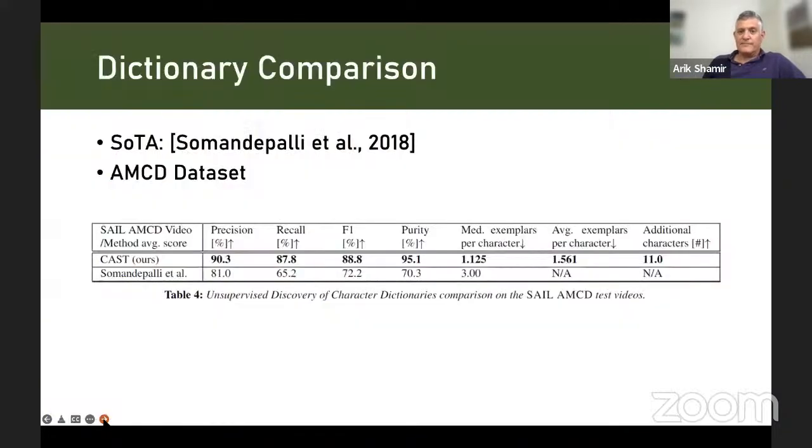And again, as I said, there are some non-characters and some errors in the algorithms still. We did some comparison to previous work and managed, obviously, on all measures to get better representation, really almost 90% in precision and in recall as well of all the characters in the movie.